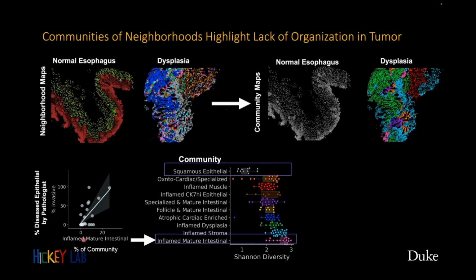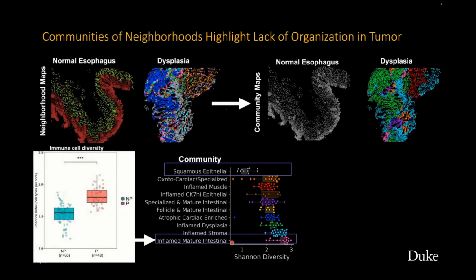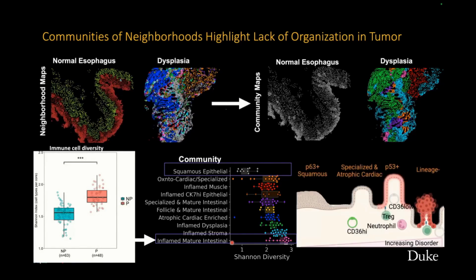And this inflamed mature intestinal community was the most diverse out of all the communities. And what this suggests, and this is also true of just looking at cell type proportions within our progressors and non-progressor data sets, is that we start from our normal epithelial and we progress to a misdifferentiation to intestinal